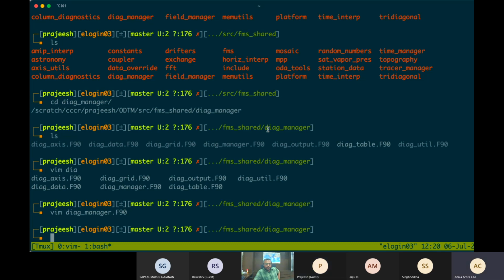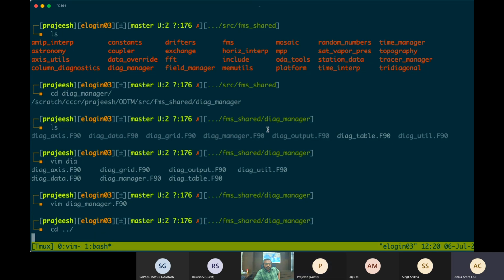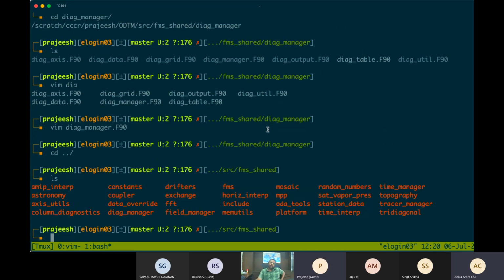So I have one more question. In your main program, you defined an addition, that plus operator, when you were doing the time increment. Yes. So why is this required? Because by default in Fortran or in any programming language, there are some things available, like integers, then real numbers, and the addition of integers, addition of real numbers, all are well defined.